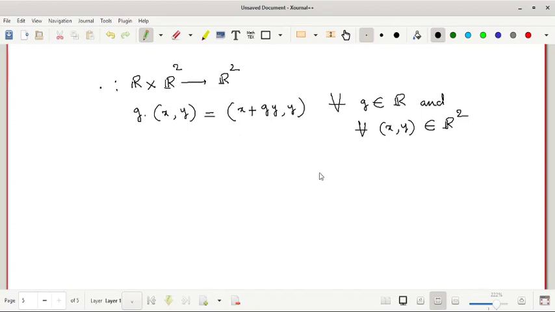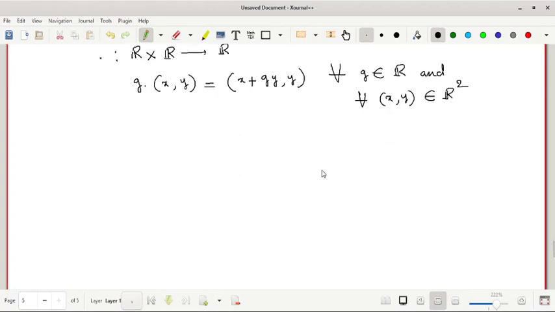Let us check whether this action is faithful or not. How to check whether an action is faithful? It depends on the nature of the kernel of the corresponding homomorphism. What will be the corresponding homomorphism? The corresponding homomorphism will be pi from the group R plus to the permutation group of R square,